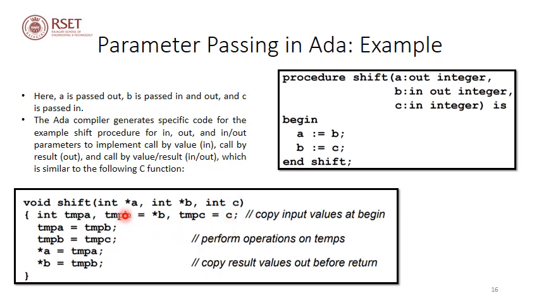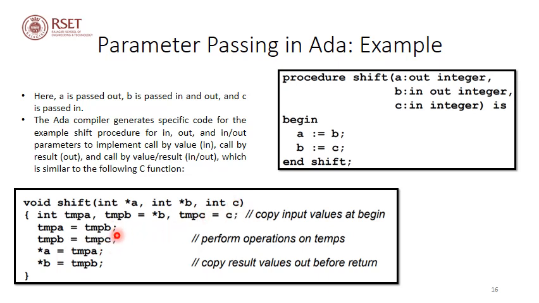However, C you can see is called by value, because C's modifications will not be visible in the caller. Then within the body of the function, you can see that we have created 3 temporary variables, temp A, temp B and temp C. All 3 are integers. Temp A is left uninitialized because it corresponds to the temporary value of this out parameter A, which is uninitialized in the beginning. Then corresponding to B, we have temp B. Temp B will store the initial value within the address of B. The value within the address of B will be copied to this temporary variable, and temp C will copy the value within the formal parameter C.